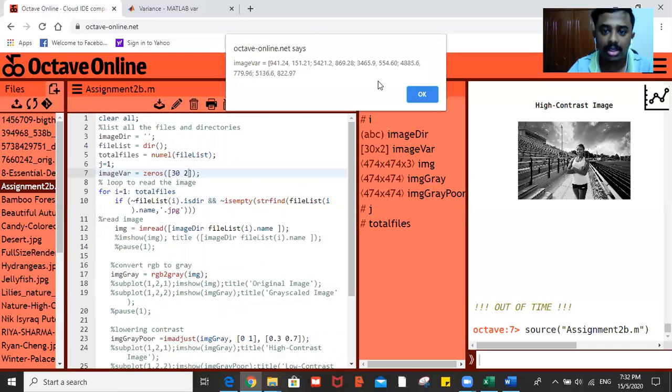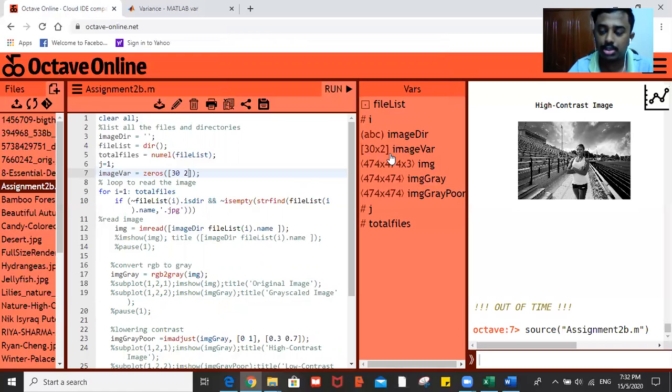If you see all together, we have all the data, and then you see image variance, that is 30 times 2, because we have 30 images and it has to be times 2. That is why it means here 30 times 2. Okay, so